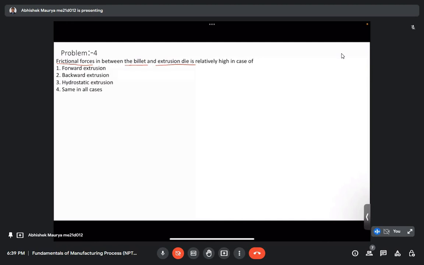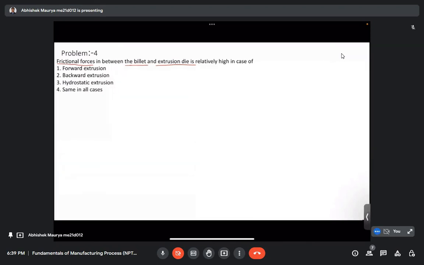So here are the options listed down: forward extrusion, backward extrusion, hydrostatic extrusion, same in all cases. Let's quickly look at each process, and then we will decide which one has the